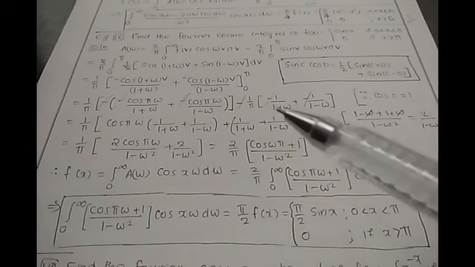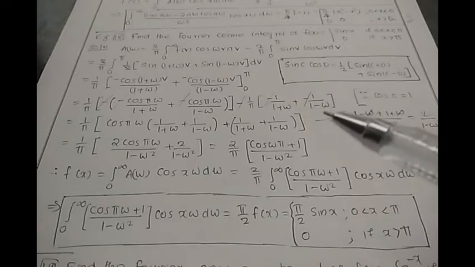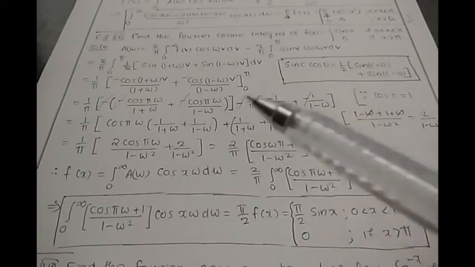Minus the lower limit, which I have to apply here, and we know that cos 0 is 1. So this is minus 1 by 1 plus omega. Similarly here also minus 1 by 1 minus omega will come. And this minus of minus is positive here. Here also there are two minuses, this common minus can be taken out and this made positive. So all terms became positive here.